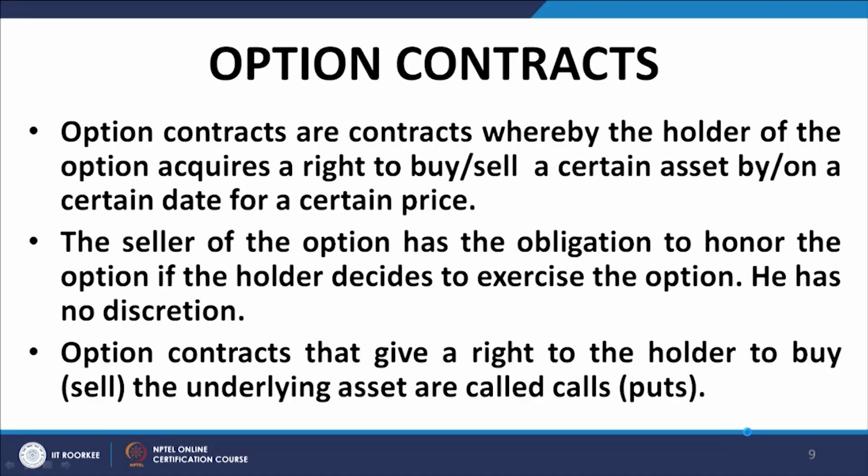Now, we talk about option contracts. Option contracts are slightly different from forwards and futures. As the name signifies, option contracts embed an option, embed a choice. What is the choice? Well, as in the case of forwards and futures, there are at least two parties to the contract, party A and party B. It may be so that one of the two parties buys the option contract, and the other party to the contract sells the option contract. Okay. So, what is an option contract now?